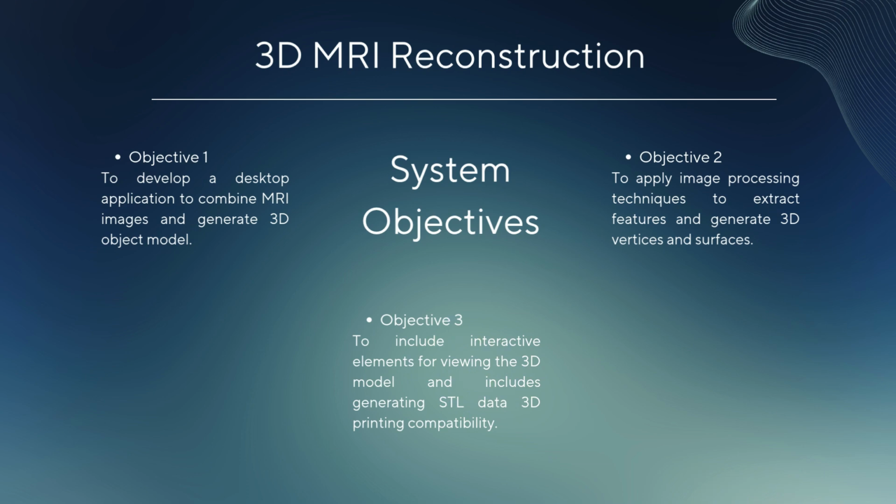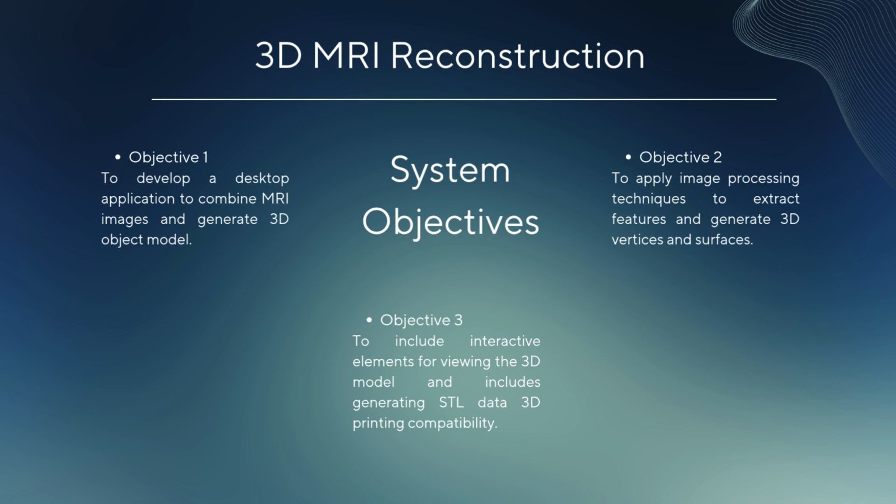Next, I will be explaining the three objectives of my project. So, the first objective is to develop a desktop application to combine MRI images and generate a 3D object model. The second objective is to apply image processing techniques to extract features and also generate 3D vertices and surfaces. The last objective is to include interactive elements for viewing the 3D model and to generate STL data for 3D